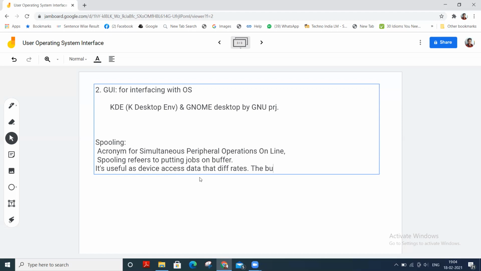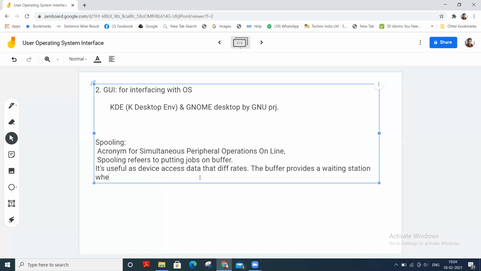The buffer provides a waiting station where data can rest while a slower device catches up.